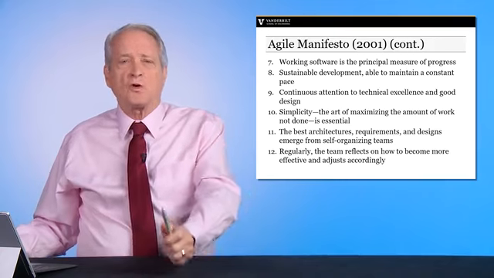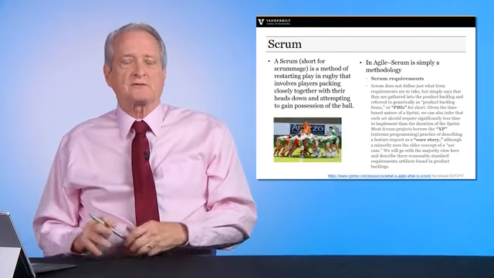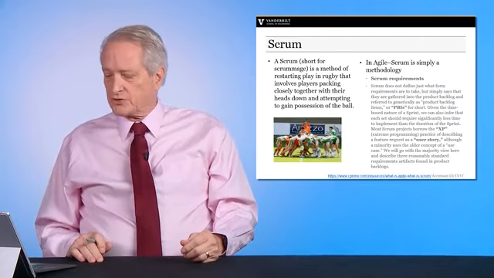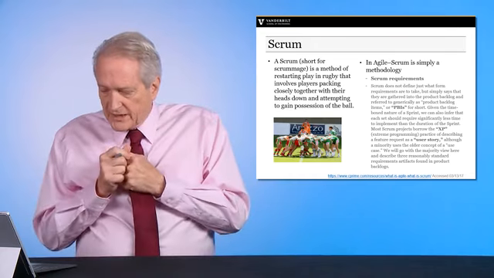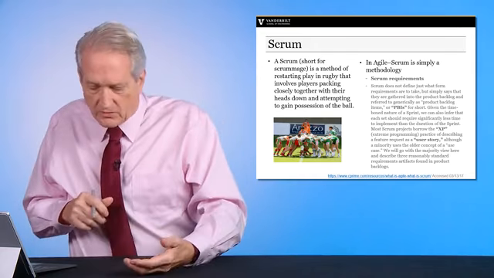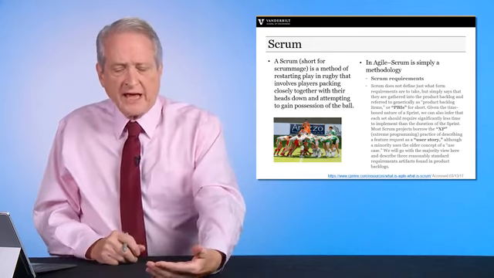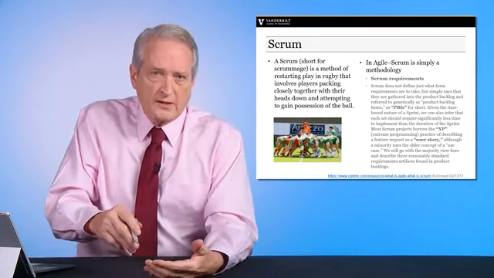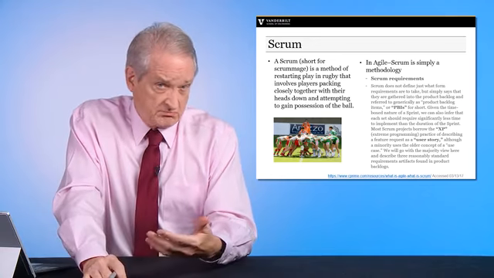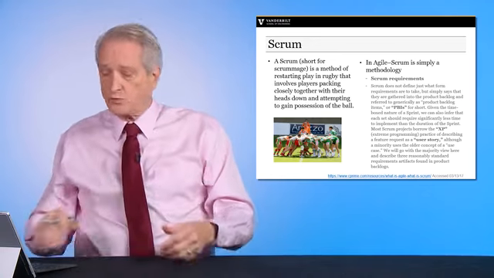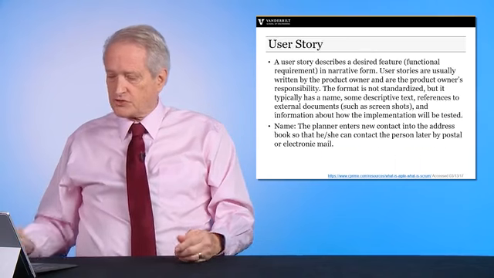So they said, well, what are we going to do? We're going to do a scrum like in rugby, and we're going to look at the product backlog list, and we're going to go through and do a user story. We want to add this feature of login from a remote location. Yay, that's the feature we're going to add to it. So user story,